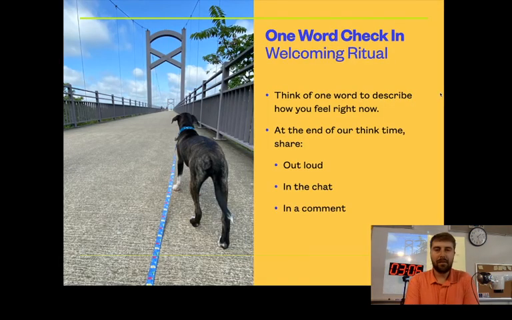Sweet. So now that we've started our do now, we're going to check in with each other. I wanted to start with our welcoming ritual where we think of one word to describe how you feel right now. So take about 30 seconds, think, say, how am I feeling right now? What am I feeling? What aren't I feeling? And then share your one word either in a comment below, in the chat, in a message to me. But I'll share my word. I am feeling stressed. That is the word that I choose. I choose stressed.